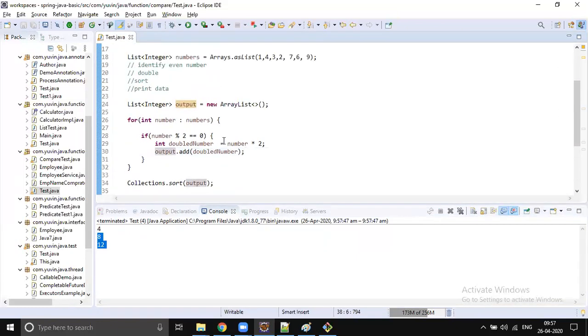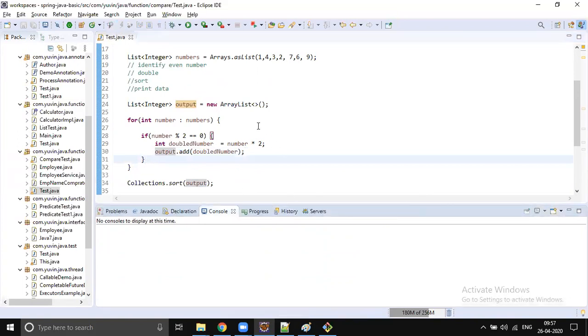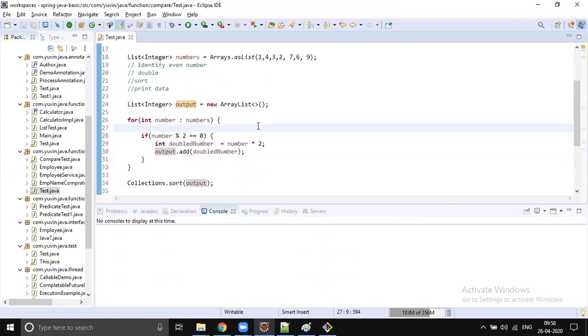Because if I try to modify an existing list, some other concurrent modification exceptions will come, right? So we have to use iterable. So it will take us into a different path, right? It will take us into a different path. So instead of doing that, what I did, I simply created a new list and there I set it, right?